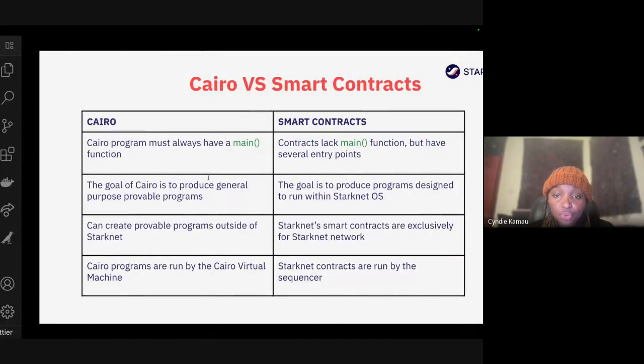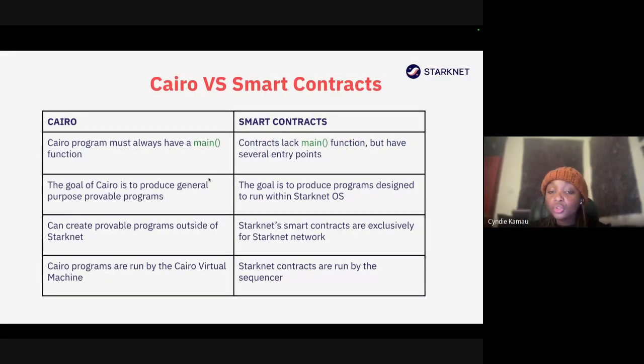But when we now come to our smart contracts, as you're going to see, they don't really have a main function. They just have several entry points. And you remember when I was talking about specific instructions which you need to give the compiler, like derive, copy, clone, right? It also needs such attributes to give the compiler more information and metadata about the program, right?